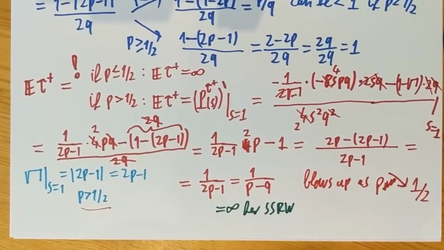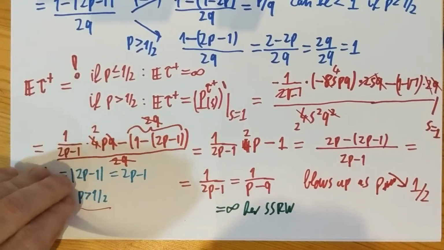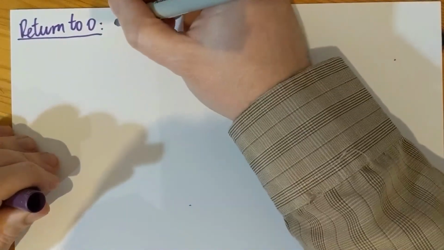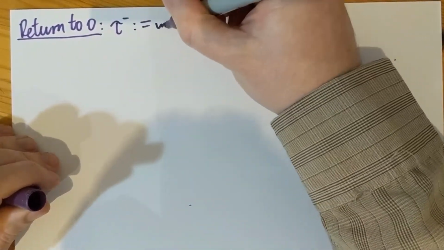Alright, so that was the expected time to reach level 1 from level 0. And now I want to show you one more calculation, with the return time to the origin. So let's do the return time to the origin, in another color. First, I'm going to define tau minus to be the infimum of times